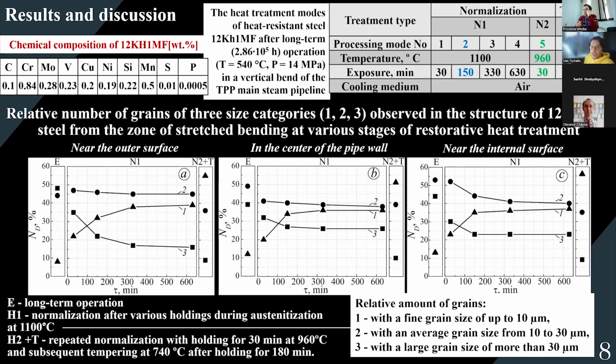The second stage of thermal restoration included renormalization at 960 degrees with a holding time of 30 minutes, followed by high temperature tempering at 740 degrees for 180 minutes. This process resulted in the final grain size distribution, consisting of 50-55% small grains, 35% medium grains, and less than 10% of large grains. It was considered that this grain size distribution would improve the mechanical properties of the restored